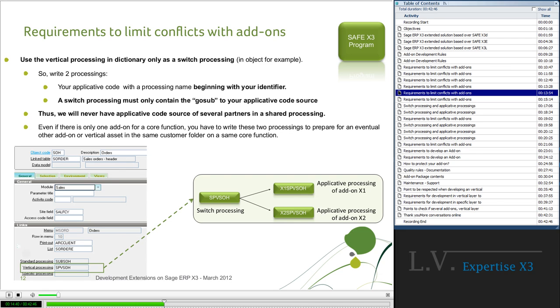The goal is to never share applicative processing between two add-ons. So you see in the example, the SPV SOH is a switch processing located in the vertical processing on the dictionary. It's this one that calls each of the applicative processing codes.